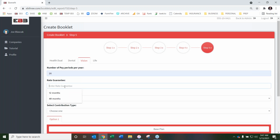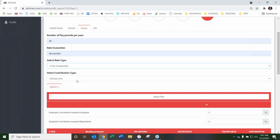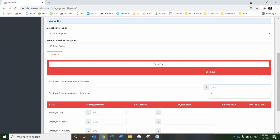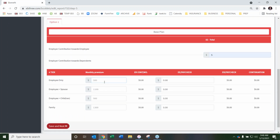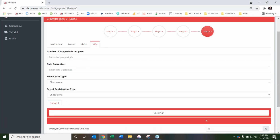For vision, since it's IMED, we'll give them 48 months, do a 4-tier composite, and let's do a total dollar for this one. We'll just do $5. So we will do 8. $50. And you can see everything's based on that. Employer contribution per month is total of $5 for each one of the benefits, broken down by pay period. And then life,